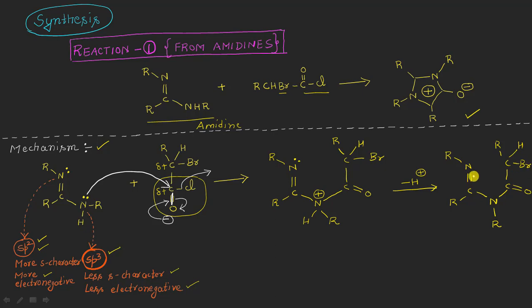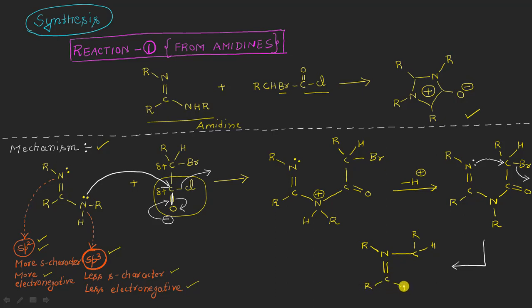And now because the nitrogen atom, I mean this one here, is also having a lone pair of electrons, what is going to happen is it will now attack on this carbon atom because it is still electrophilic and it is also having one good leaving group, okay? So as soon as it attacks here, the bromo will be going out of the system, resulting in the formation of something like R single bond nitrogen, and now a bond will be there in between this nitrogen and this carbon atom, to which one R and H is attached like this, right? And also there will be present a double bond in this manner here.